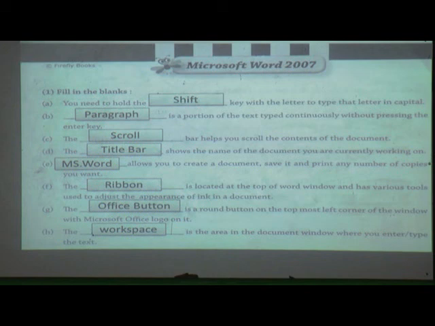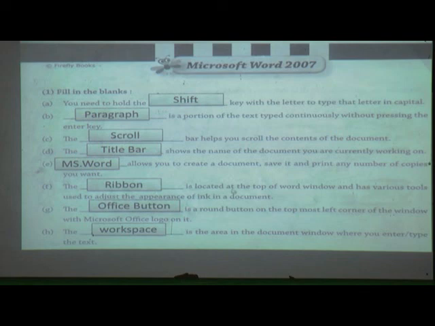The scroll bar helps you scroll the content of the document. The title bar shows the name of the document you are currently working on. MS Word, means Microsoft Word, allows you to create a document, save it and print any number of copies you want.